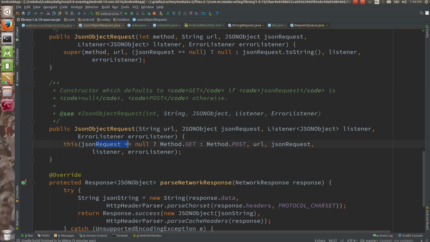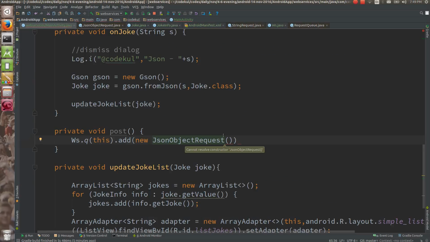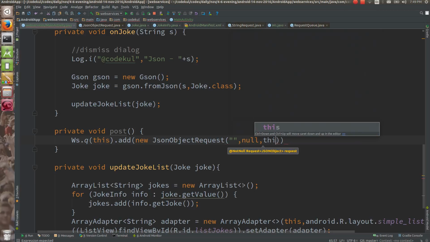Can you see this call? If not exactly equal to null, get, otherwise it is post. So I'm going to use this construct over here. See, now first parameter is the URL. Second parameter is the JSON object request, that object we are going to pass. Presently I'll say null. Third parameter is success, this colon colon